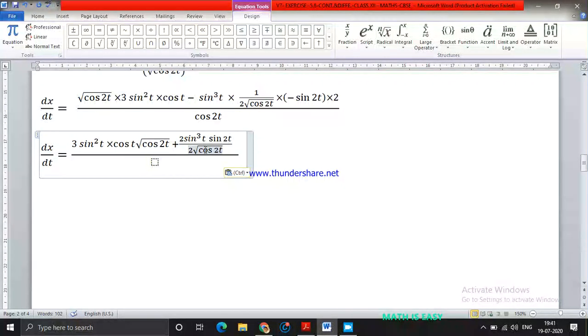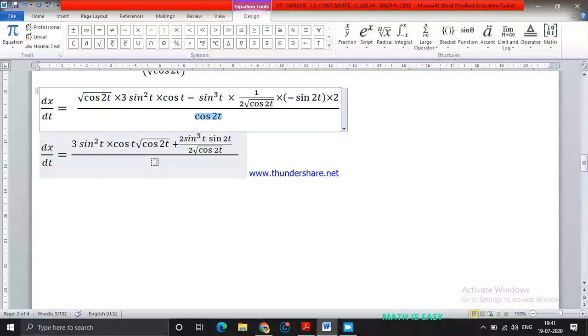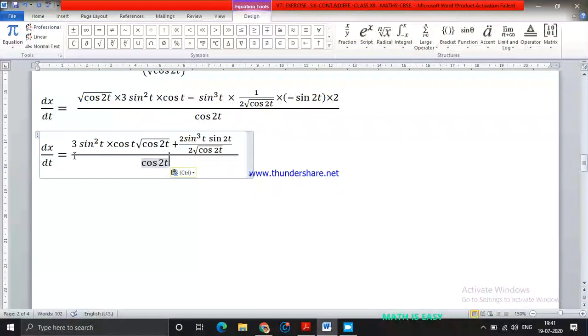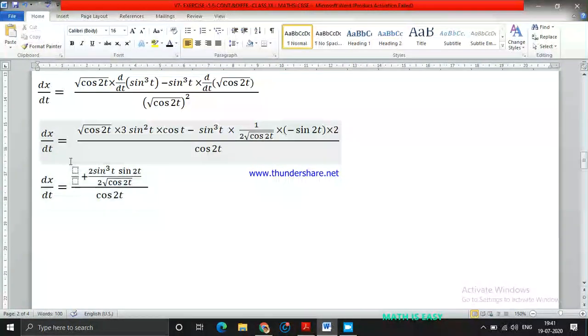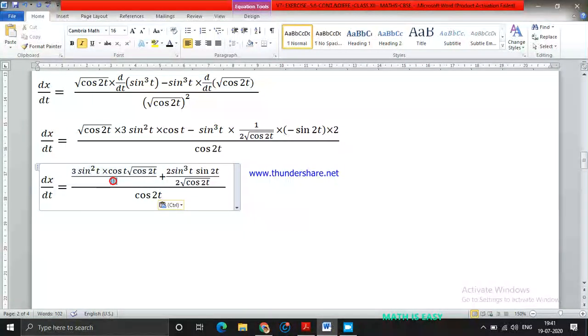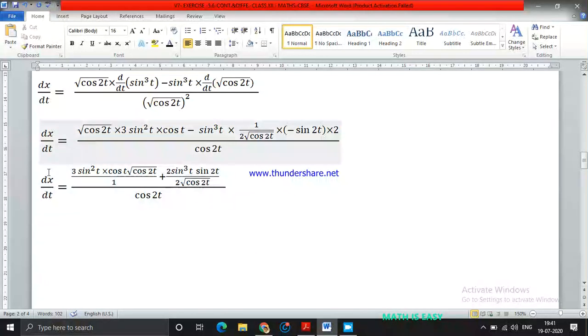Okay, this denominator you are going to get, and here you have cos 2t as it is. I am just arranging the terms in the proper way. Now if you observe here, this is something plus a fraction. So for the numerator itself I can take the LCM. So the same term you can write here in the numerator as this upon 1. If nothing is there, then the denominator will be 1 only.